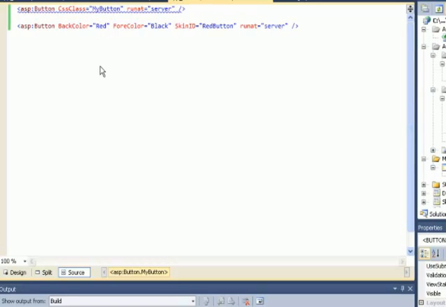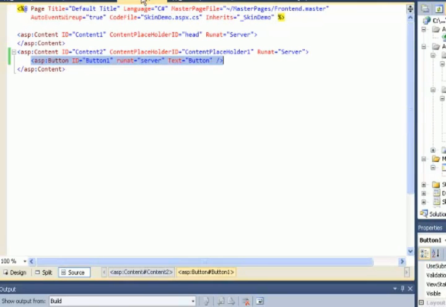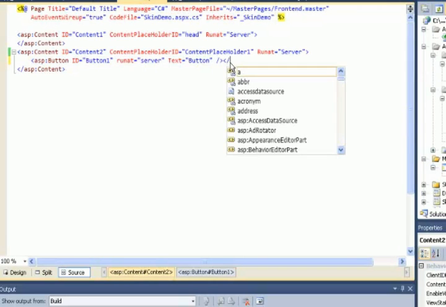Notice that when you don't create a skin ID and you just create a skin like this, all of the buttons that are created in your websites will automatically apply this styling behavior on themselves. And this way, all of the buttons would look consistent. However, as I said, you might have a few buttons that you want to create different colors or different looks for. So in that case, you create a skin ID for those buttons in your skin file, and when you're creating a new item in your main page, you could essentially